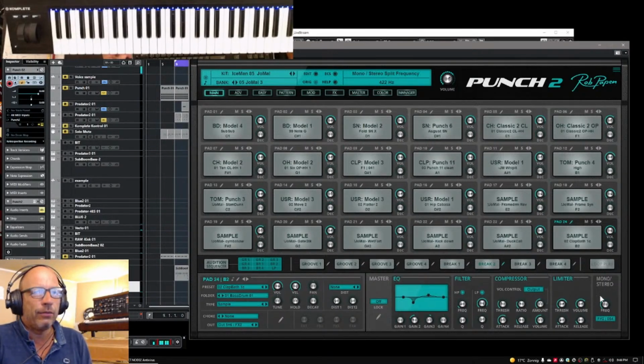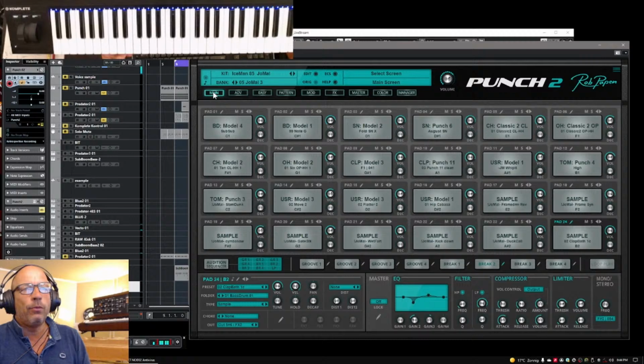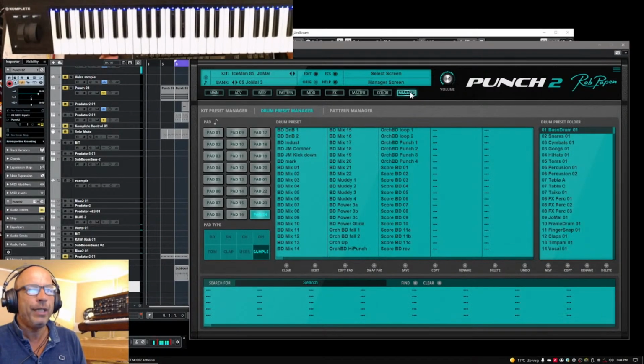And you see down here we have the master. You can go to the master section. You have all the volumes. You have an EQ on the mix. You have a compressor, and limiter, and a high pass filter is there. Yeah, too much to mention about Punch-2 in terms of features. But yeah, watch out next week. We will have tons of new drum kits, many new drum kits, but also new built-in samples. We have the new drum kit presets. Sorry, the drum presets, the single sounds, and of course some new